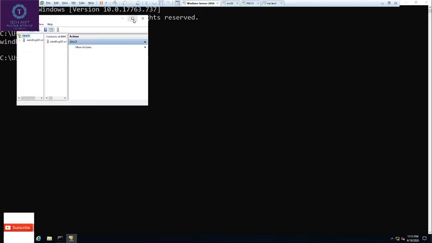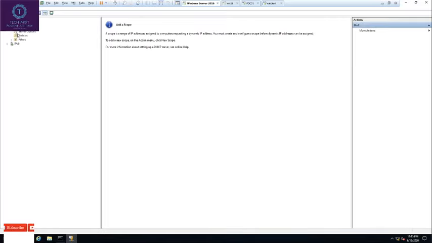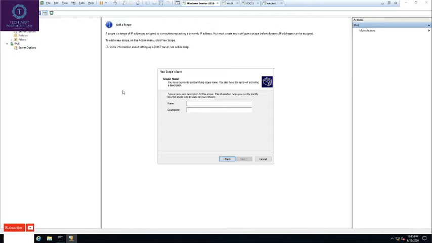Once you get the console open, you will see this. Here it is the DHCP server. There are two IPs, IPv4 and IPv6. We are going to create the scope in IPv4. First step is to right click the scope, click on new scope, hit next, give the name whatever you want. I am giving test